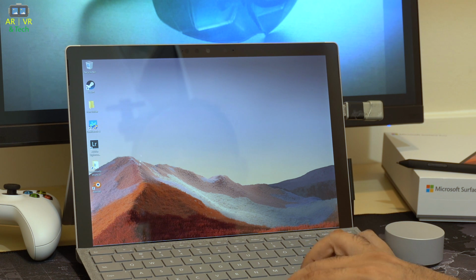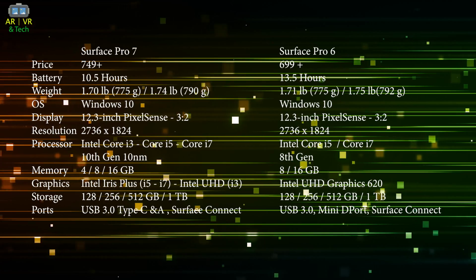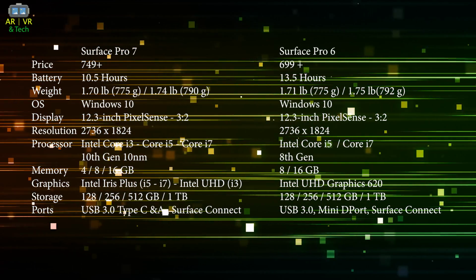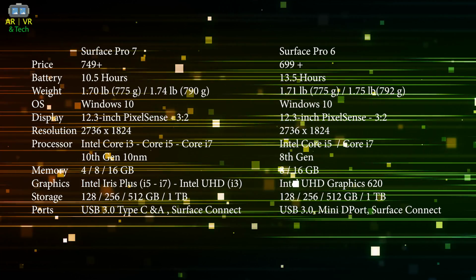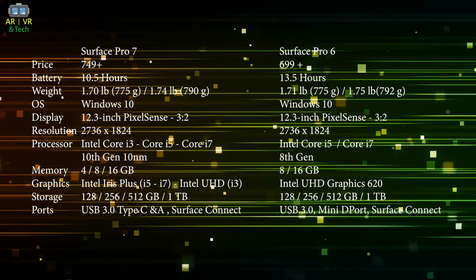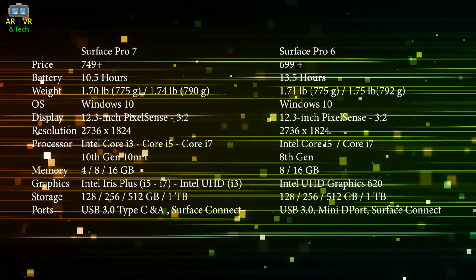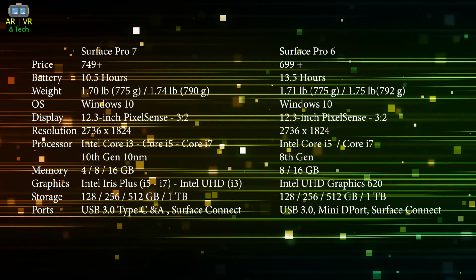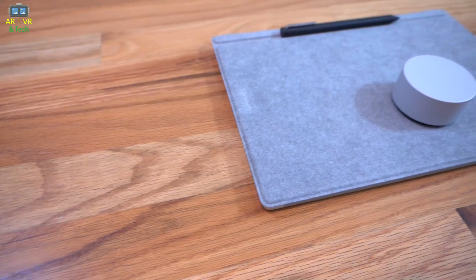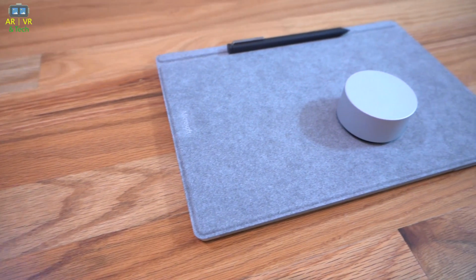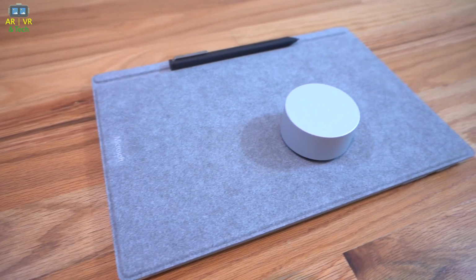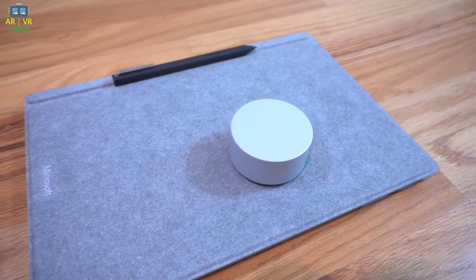Now let's dig inside it and see the difference between the Surface Pro 7 and Surface Pro 6. First, the price. Surface Pro 6 starts at $699, while Surface Pro 7 starts at $749, and the battery lasts for 13 hours in Surface Pro 6, while it's 10.5 hours in Surface Pro 7, and there's a firmware update coming